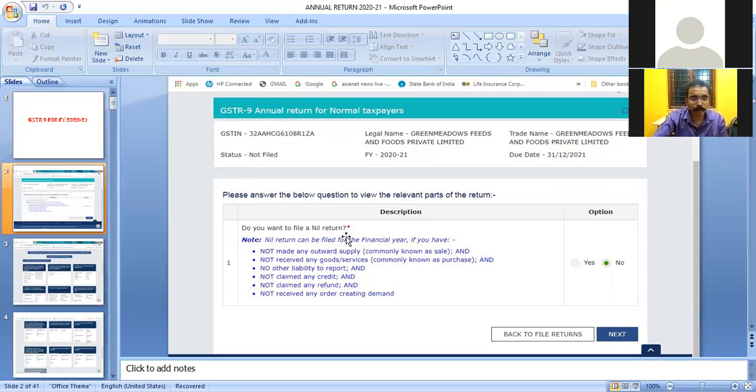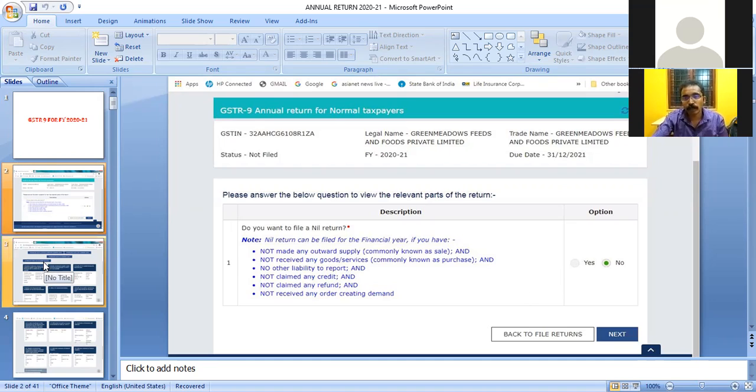If the taxpayer has not made any sale, has not received any goods, has no other liability to report, has not claimed any credit or refund, and has not received any order creating demand, then he can file a nil return.